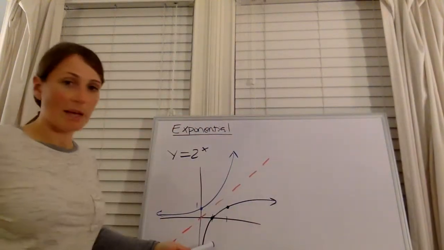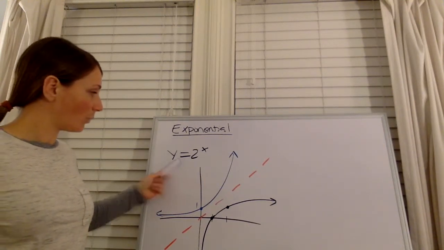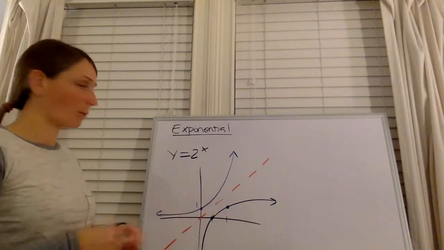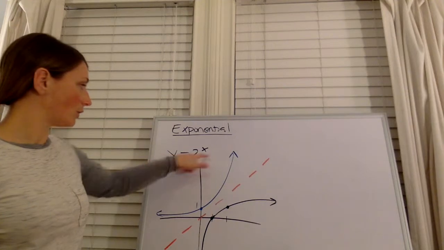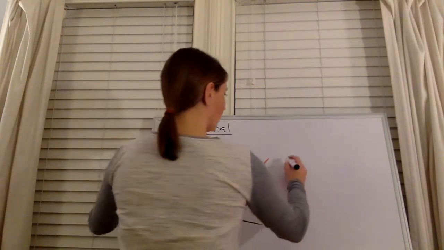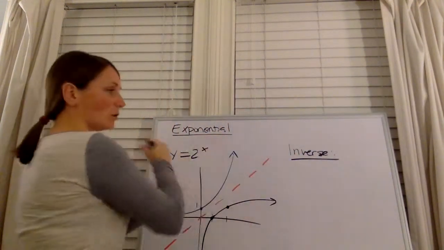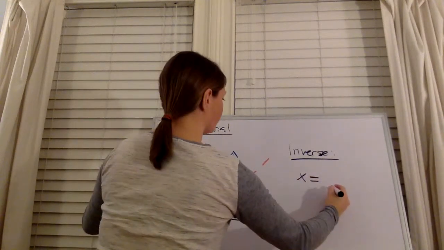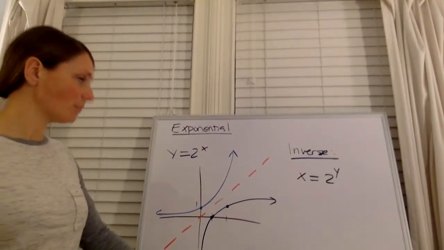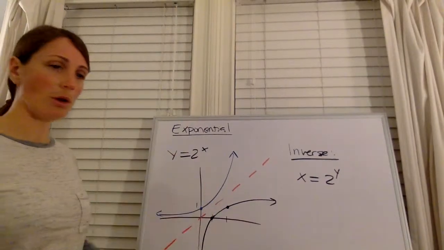So we're able to sketch the inverse of an exponential function, but what is the equation of that inverse? Well, for one thing, we know we would have to switch the x and y values and then solve for y. So here we go. Swap the x and y. x equals 2 to the y. But now we have to solve it for y. And how do we do it? If you recall, we can